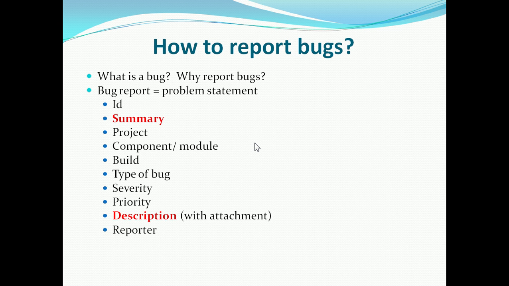The most important field of the bug report is the description. Description is where you provide the detailed steps of your test case or whatever test you ran, along with the test data, the inputs that you gave, the problem that you observed, and what your expectation was instead. And you can provide additional files like screenshots, server logs, or automated test cases to help replicate the problem. So these are the important fields. Then we saw a sample bug report.